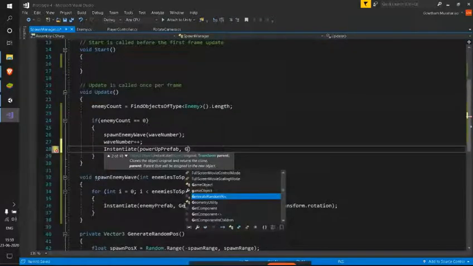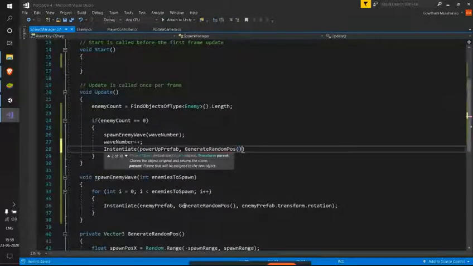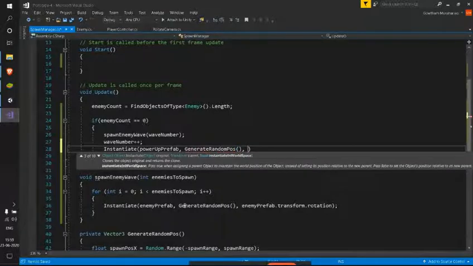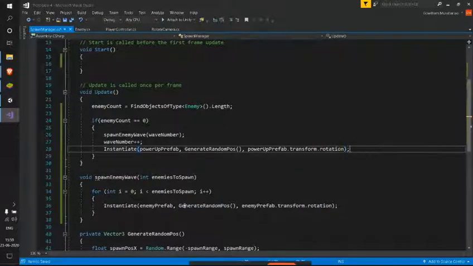Yes, generate random position. And next I'll be giving it the same rotation as its own. So power up dot transform dot rotation. So in this way I'm generating a power up for each wave. So let me try this.